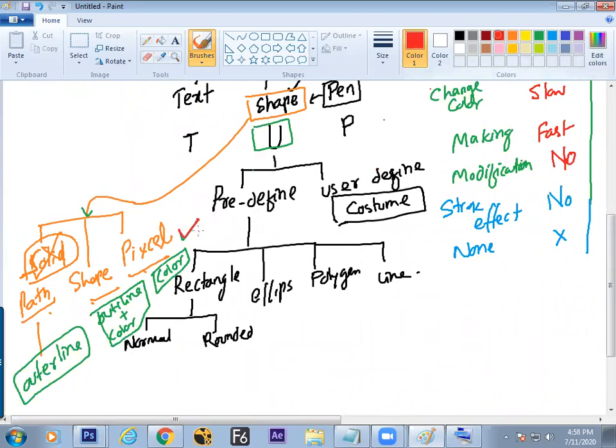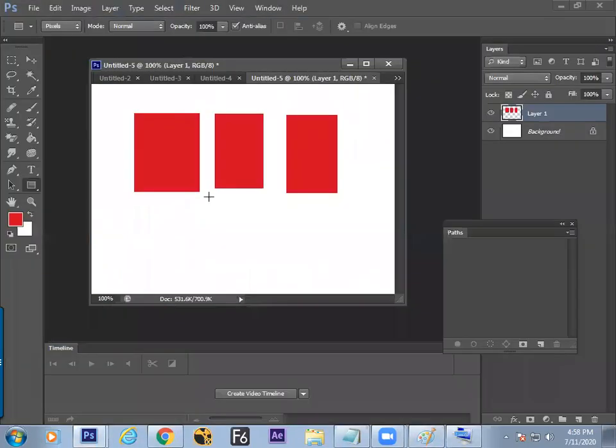Then why use that tool? We can use this. That is also a thing. But what is the other added advantage here? Only to make a fill color, it is not there. Rectangle tool doesn't have a mode option. Can you see a mode? No. It doesn't have a mode.